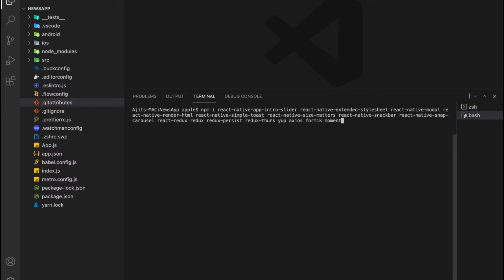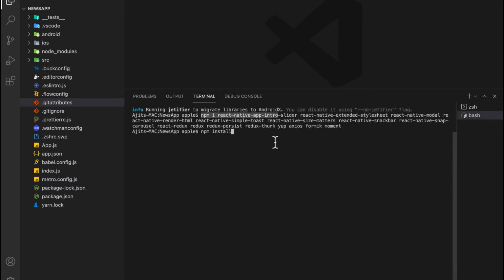Let me show you. In your project directory, just do npm install, and then you are ready to go. You don't need to follow this tutorial; you can just see how things are going on. If you don't want to do it, you can directly clone and start the project.